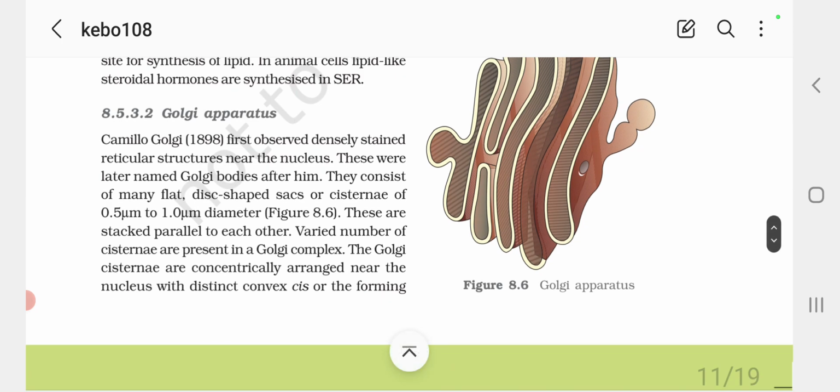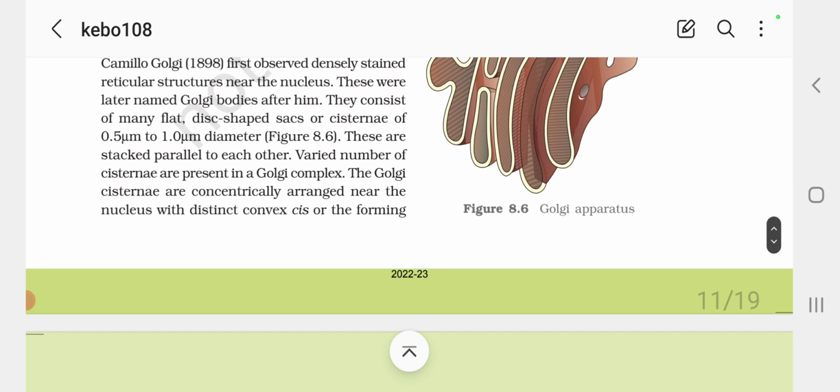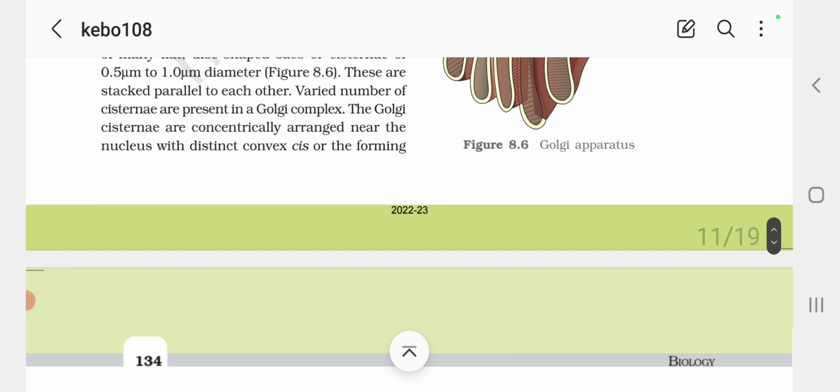8.5.3.2 Golgi apparatus. Camillo Golgi in 1898 first observed densely stained reticular structures near the nucleus. These were later named Golgi bodies after him. They consist of many flat, disc-shaped sacs or cisternae of 0.4 micrometer to 1.0 micrometer diameter. These are stacked parallel to each other. Varied numbers of cisternae are present in the Golgi complex. The Golgi cisternae are